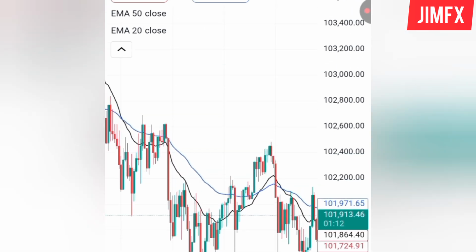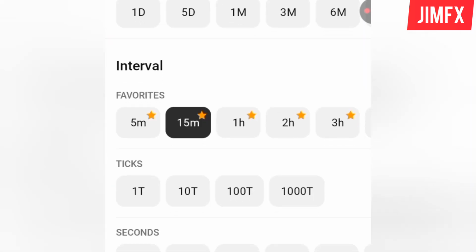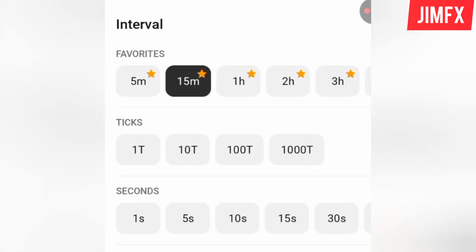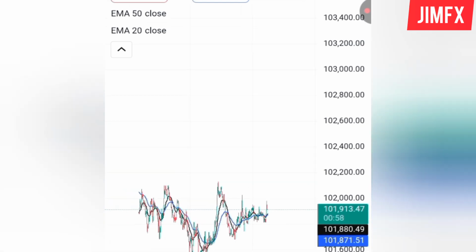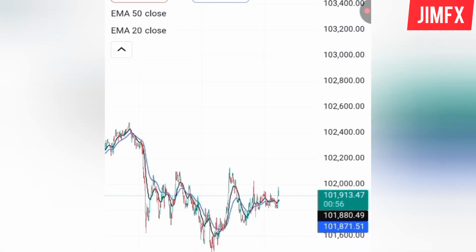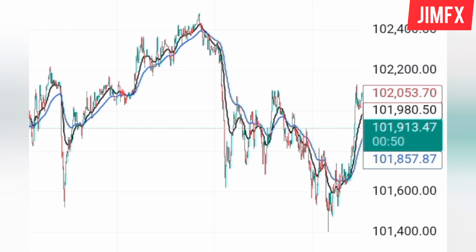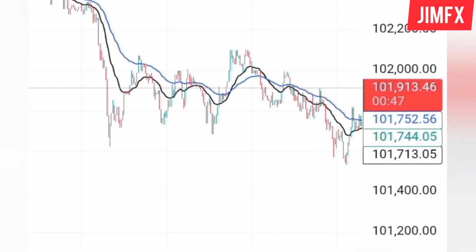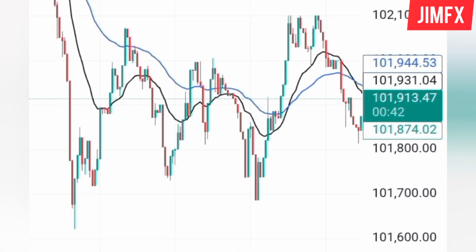Okay, so now this is how we shall trade it. Remember, this is a 1 minute time frame. It is a scalping on 1 minute time frame, right? So you shall switch to your 1 minute time frame right there, and after switching that, what we shall trade is always we shall wait for when the 20 exponential moving average crosses above the 50 exponential moving average. Okay, so now for example here,